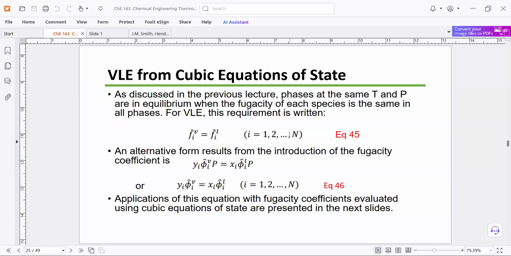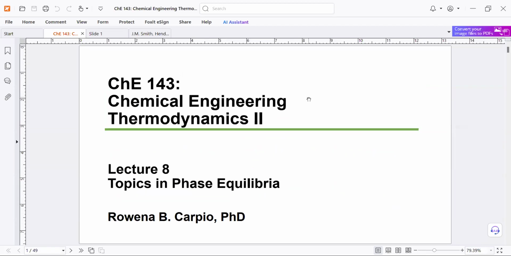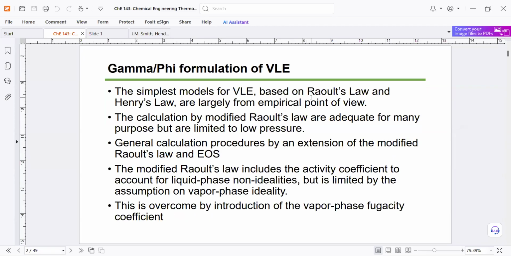Hi everybody. Today we will continue with lecture 8 and the topic is VLE from cubic equation of state. But first let us quickly review what we learned from the previous video. We learned about the gamma phi formulation of VLE, and for VLE, gamma phi would account for the non-idealities